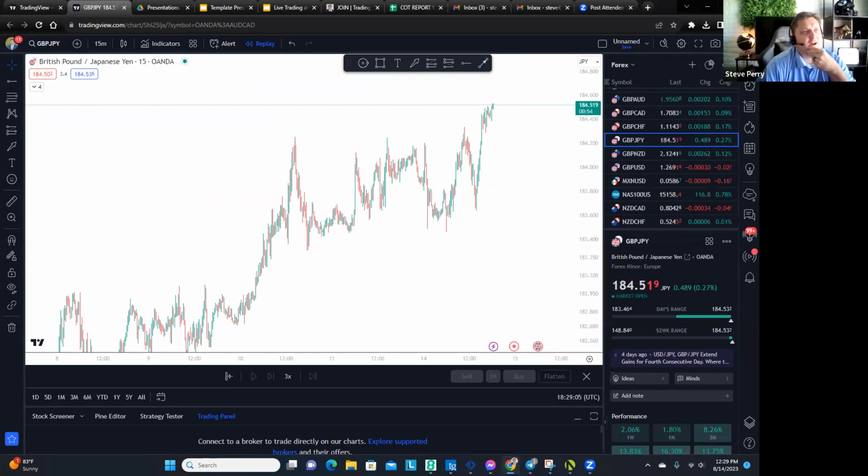Roger says, find structure, number 1. 2, identify break of structure, find liquidity, launch your winning trade. 100%. That's the model. That's the recipe, guys. Go look at Roger's comment if you haven't seen it. That's the model I want everybody to be doing. And it doesn't have to be a trend line structure. It can be any type of break of structure.